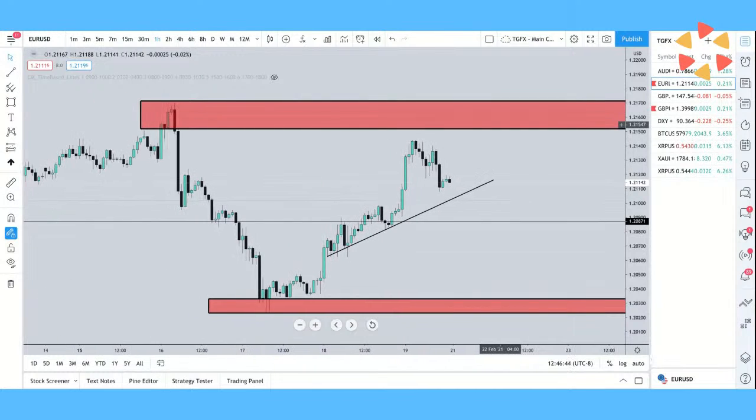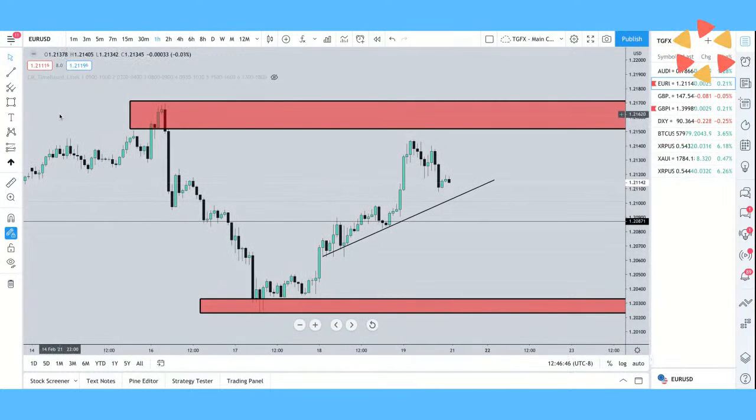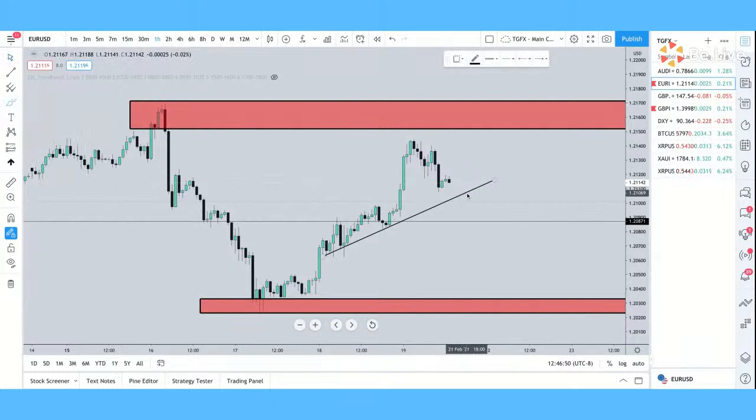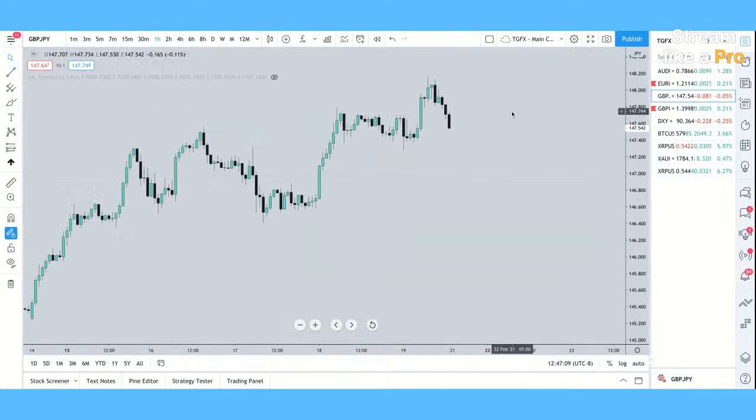All right, so overall, looking for a trade this week on this pair. Like I said, I'll be looking for interaction at one of these levels. For example, a trend line tap here or a tap to the support level here. Once we get one of those taps, I'm looking for transition and then a continuation. All right, so let's check out GBP